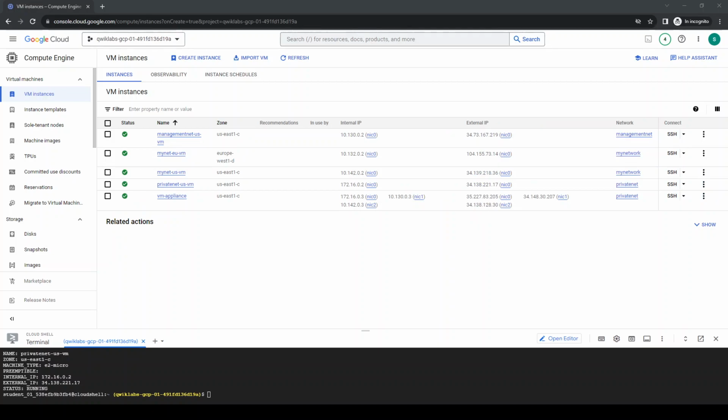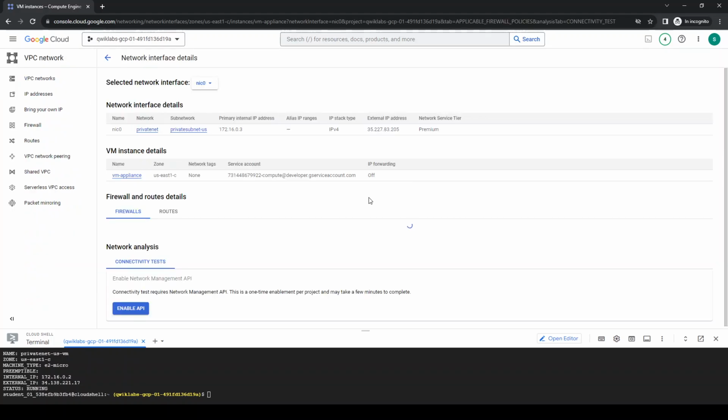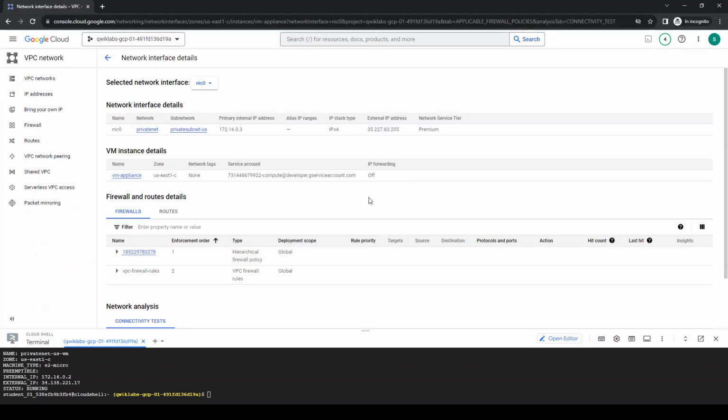Okay, so right here we're going to click on NIC0. And it shows us the private subnet, US. Okay. And you can change to 1 here, the other, you can see the primary internal IP address changes. So we are back there